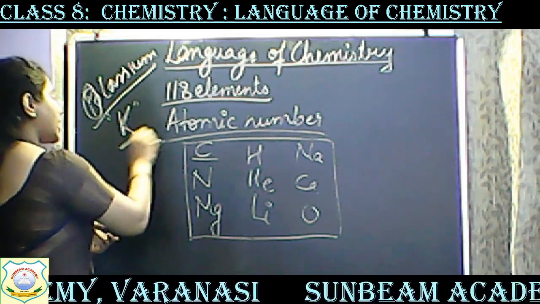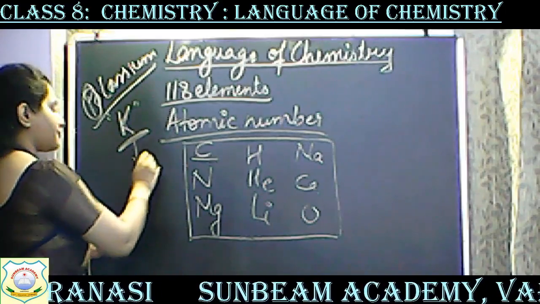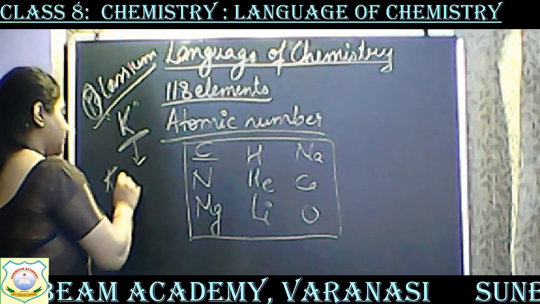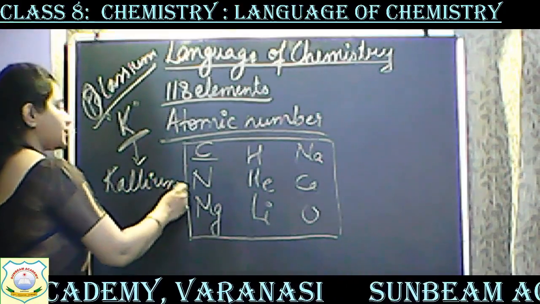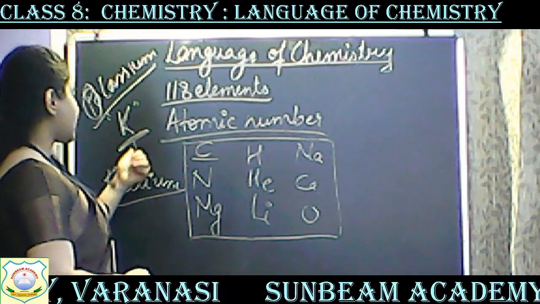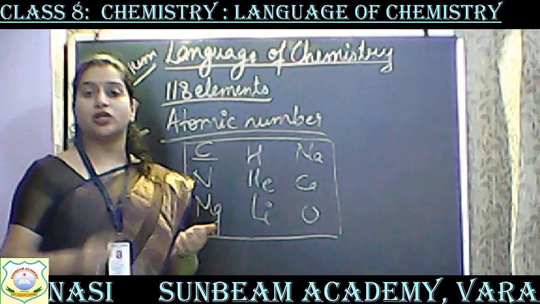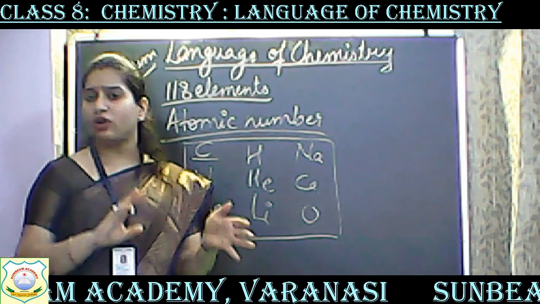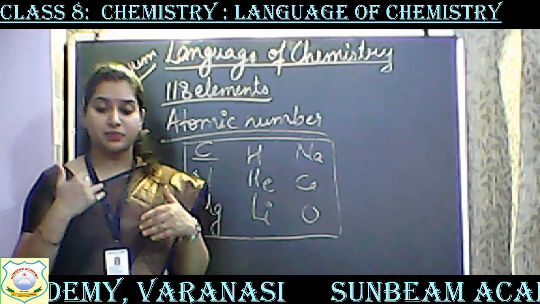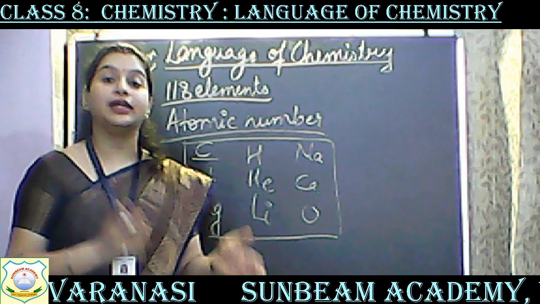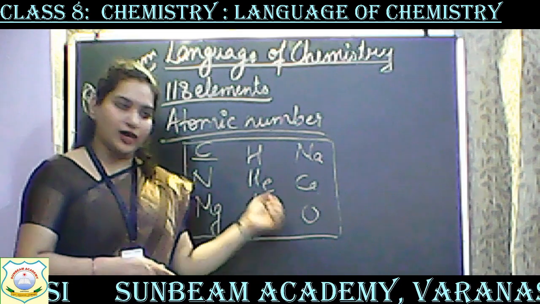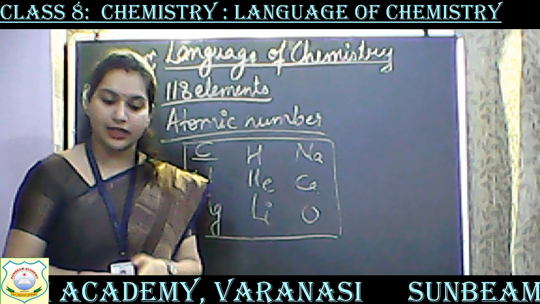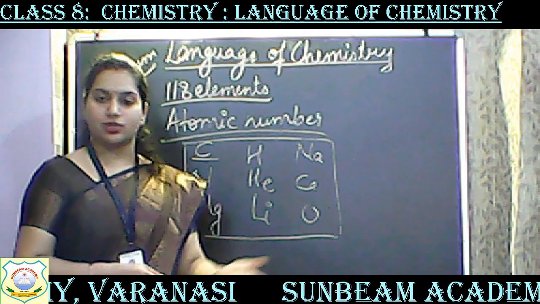Okay. Now this K, where does it come from? This K has come from the Latin word of potassium, that is kalium. You have studied in the previous class. So this K has come from its Latin word, that is kalium. Got it? So there are certain symbols that you have already studied in the previous class that have been given the name according to their Latin words. Got it? Because such a symbol was already taken, we could not give it again, therefore we have given symbols based on its Latin word.